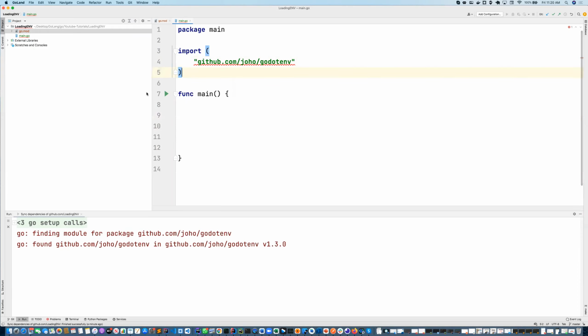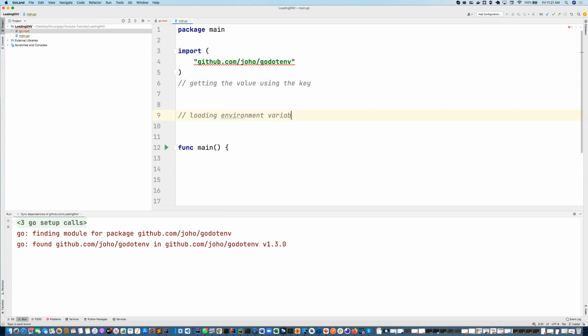Okay, let me declare two functions. The first one is going to be getting the value using the key. And then the second one is what? Loading environment variables. So the first function that I'm going to define is called func